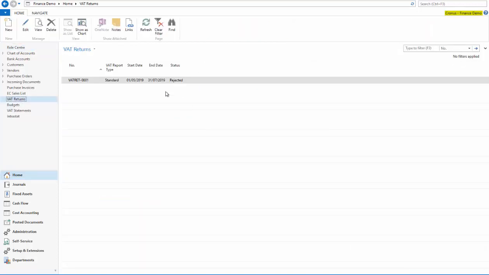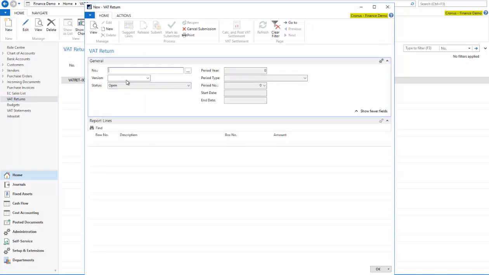Now you can see I've been having a little play here, and indeed anything I do is going to be rejected because I'm only going to be in test mode and my credentials aren't valid anyway. But I'm going to create a new VAT return, populate my VAT number,